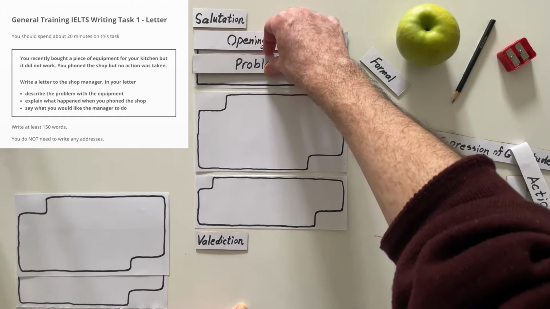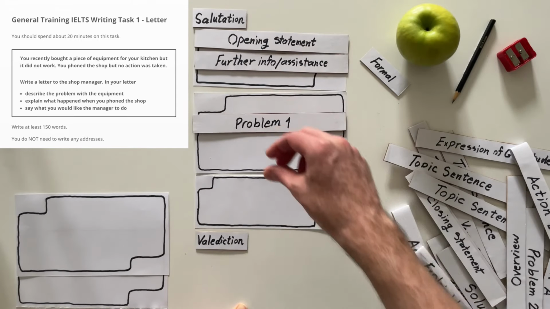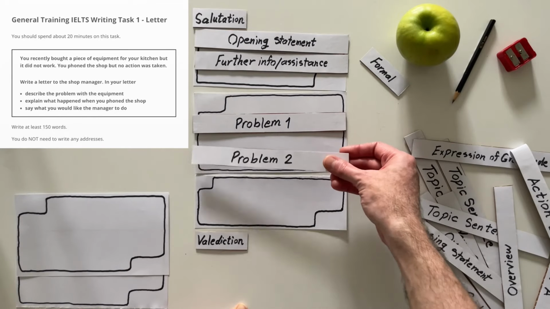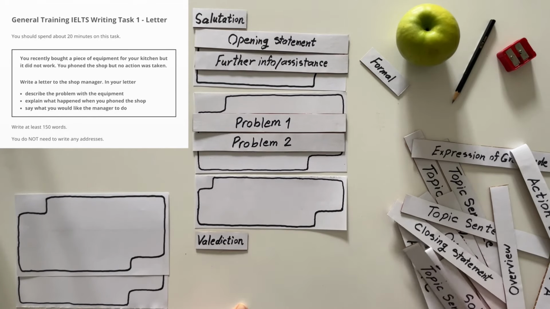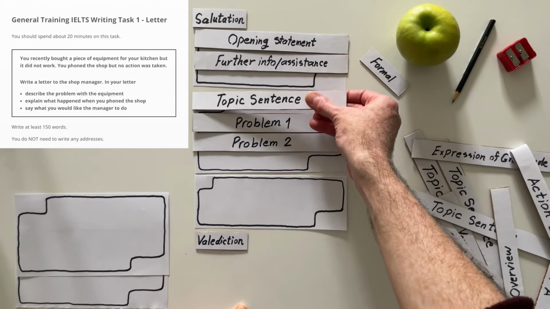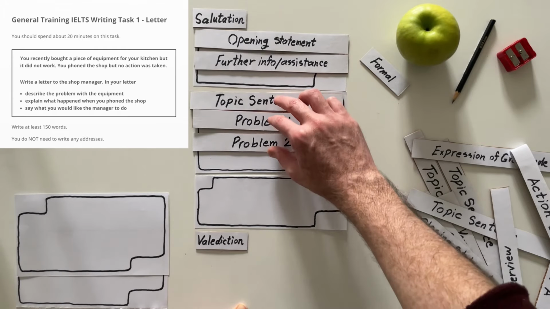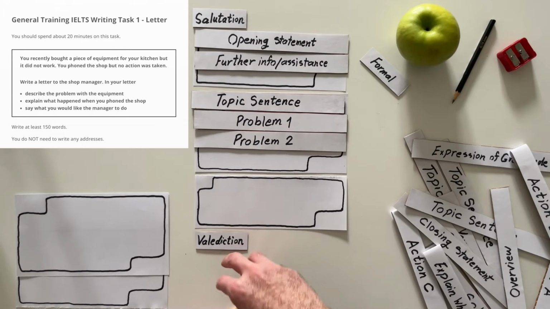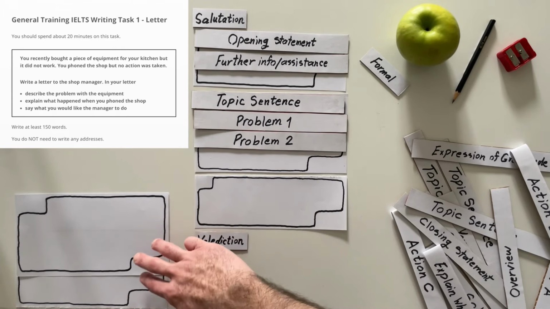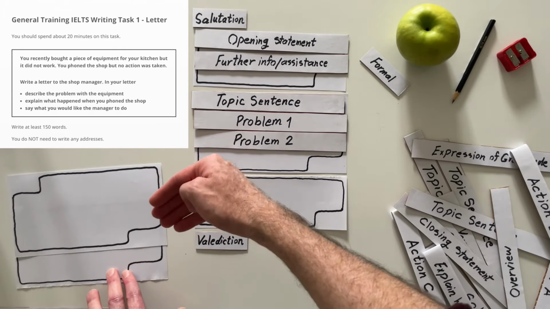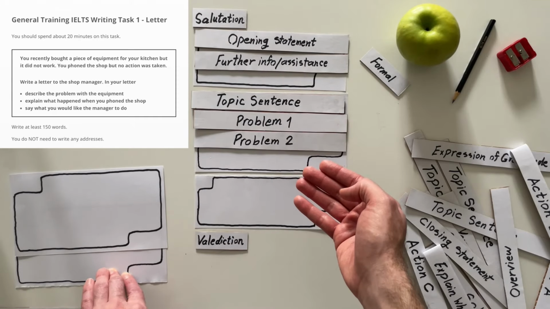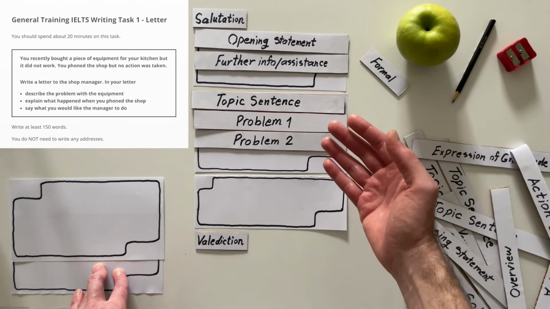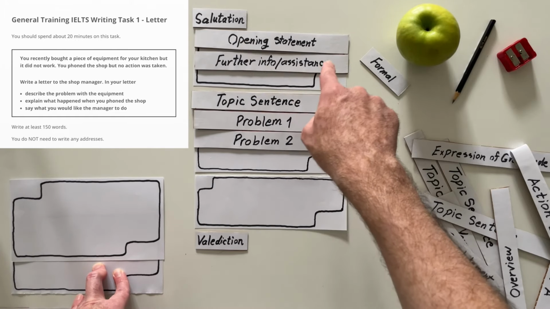Alternatively, you can even state problems, if there are two, in a separate paragraph. That's what I told you. But you need a topic sentence to say what problems you had. And this just means you need to write more, because after this I also need to introduce 2 more body paragraphs to this. So yes, if you want full development of the problem, you can say just opening statement and